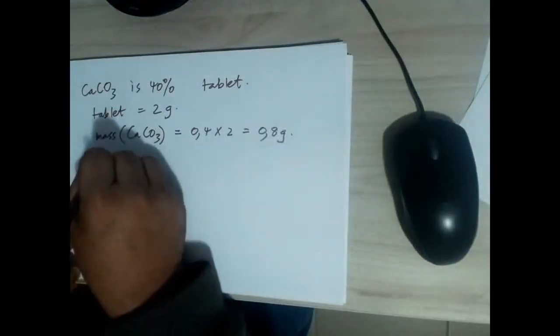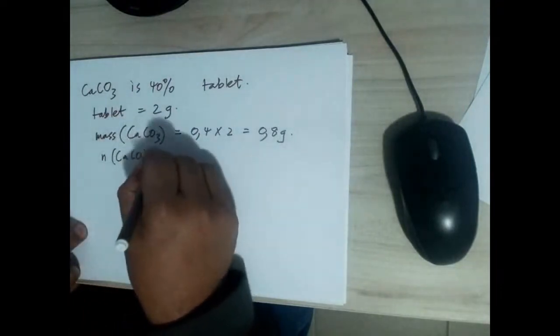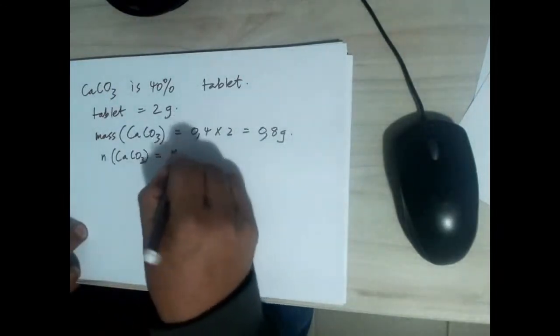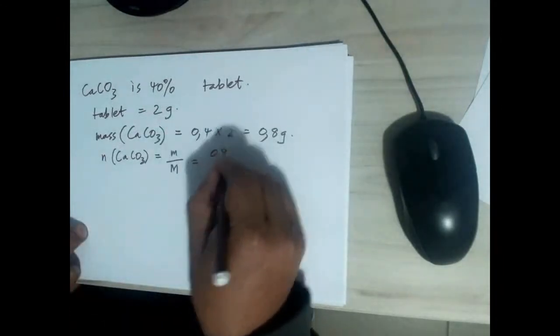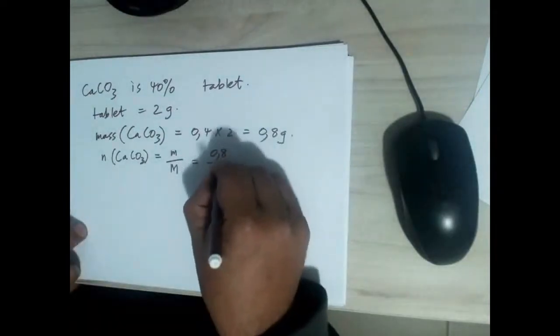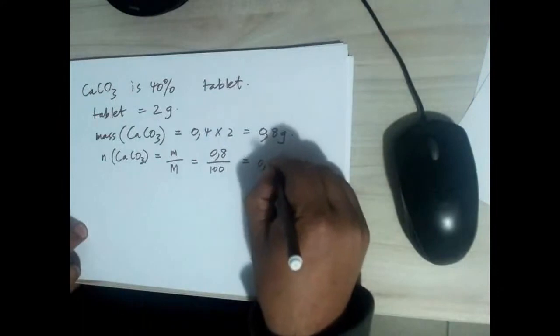Which means the moles of calcium carbonate is equal to mass divided by molar mass, which gives us 0.8 divided by the molar mass of calcium carbonate. Calcium is 40, carbon is 12, oxygen is 16. So if I add the 40 plus 12 plus 16, that's 100 grams. Which gives us 0.008